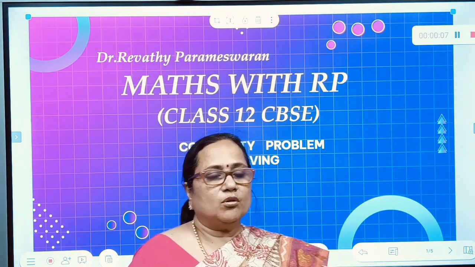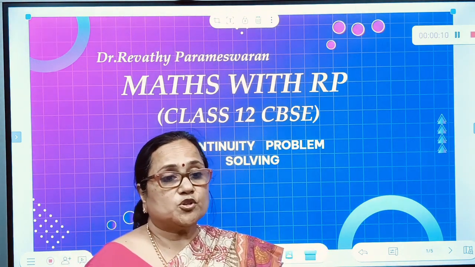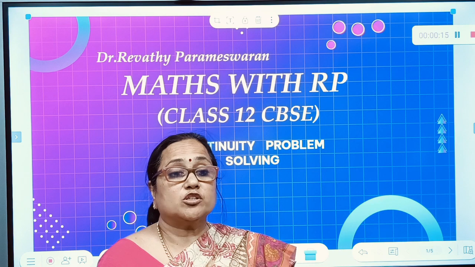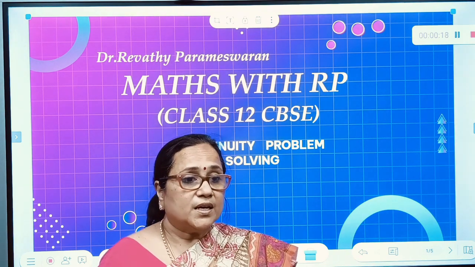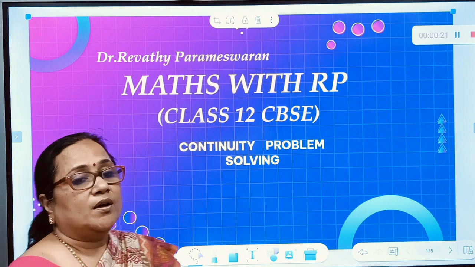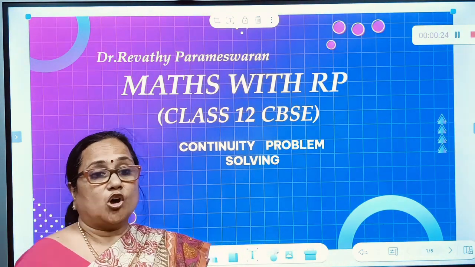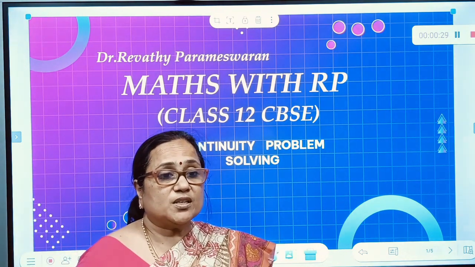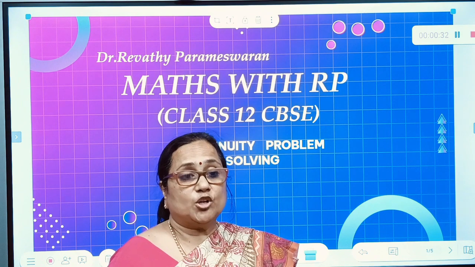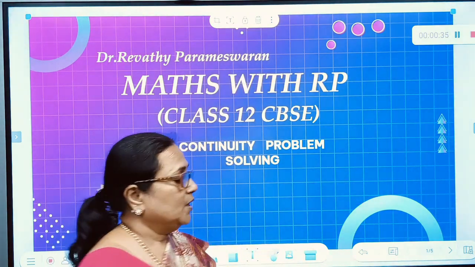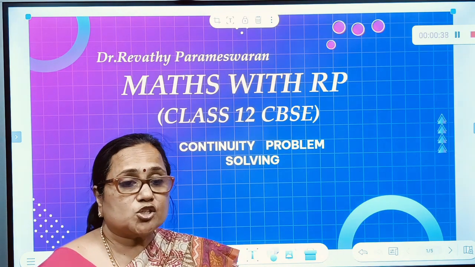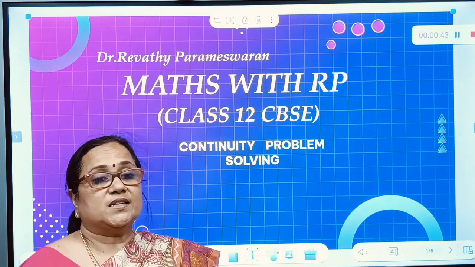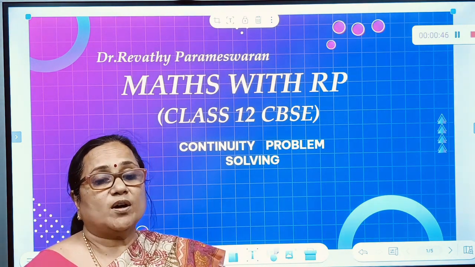In the earlier video, we had introduced the concept of continuous functions. We also saw examples of continuous functions and also functions which were not continuous at certain indicated points. Now, we are going to solve some more problems based on continuity. Recall that a continuous function is one whose graph can be drawn without lifting your hand. And by definition, the limit as x tends to a of f of x equal to f of a, where f of a exists and the limit exists and they are both equal, defines what is a continuous function.